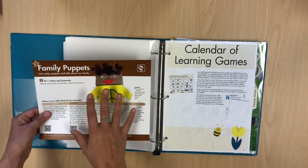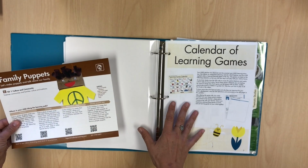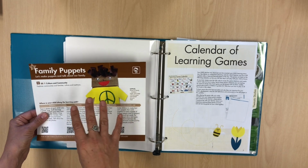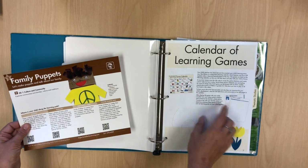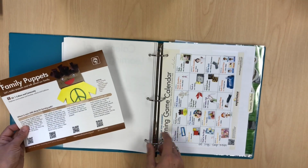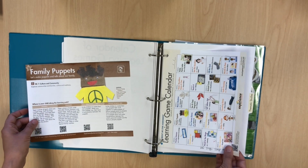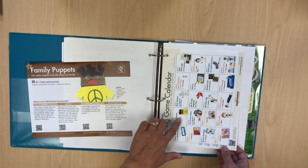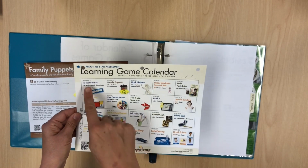So even if you don't use Experience Curriculum, but you want to use our learning games and connect it here to the assessment system, go onto our additional resources within our store and you'll be able to have these games to play. So here is the learning game calendar for the month of September, and you can get this on your member resources if you are using the curriculum, and you can download it and print it for your